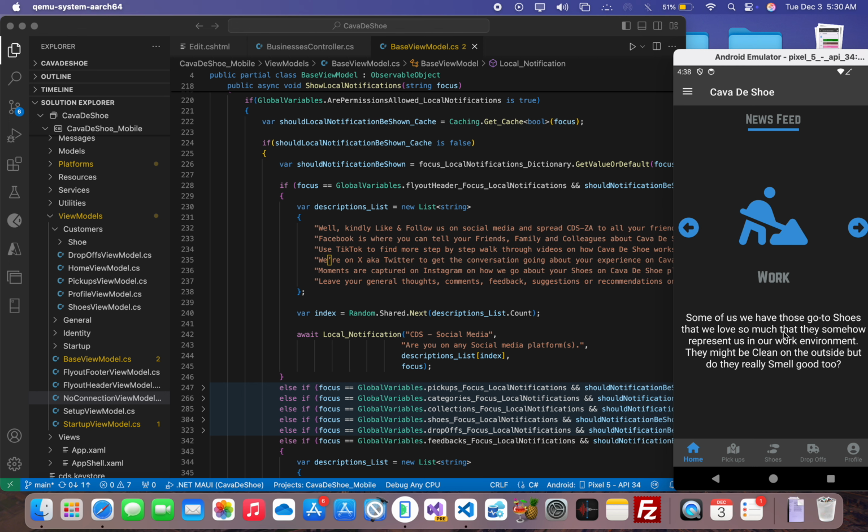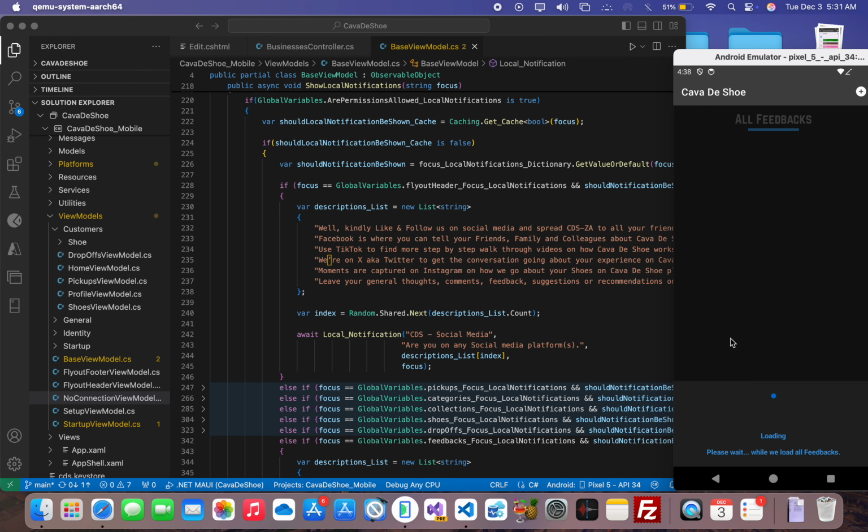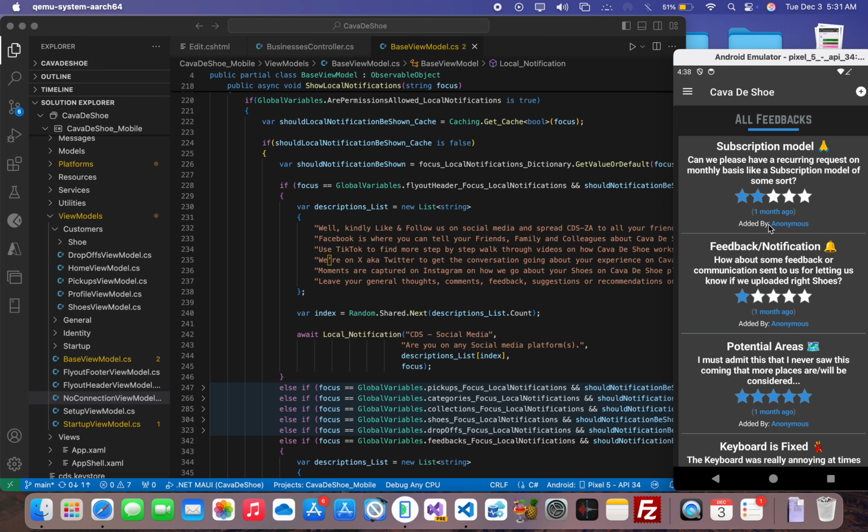When should it show? So the couple of factors that are affecting this. First, the dictionary that keeps track of the key and their value. Secondly is the caching system. Like I said, I'm still going to make a video about the caching. So now I'm giving you a glimpse of the caching on .NET MAUI. So it's not going to show anything because we're done. But as soon as I click this menu, which is the flyout, a different one is going to show because of the feedbacks. If I go to feedbacks, give it a couple of seconds,